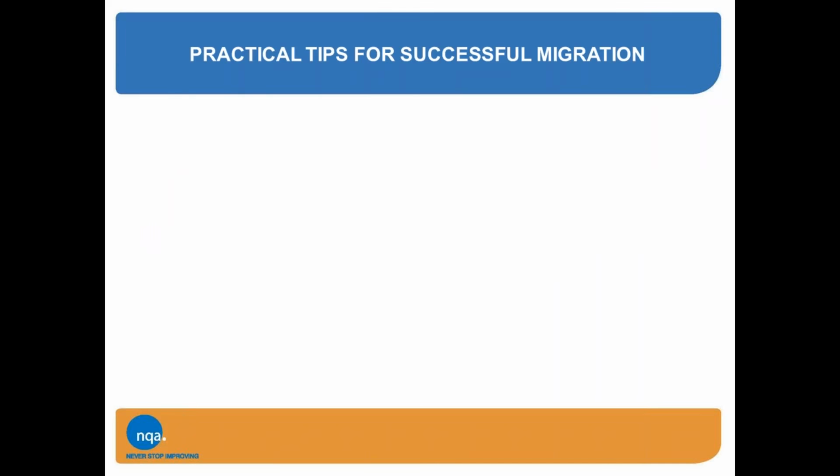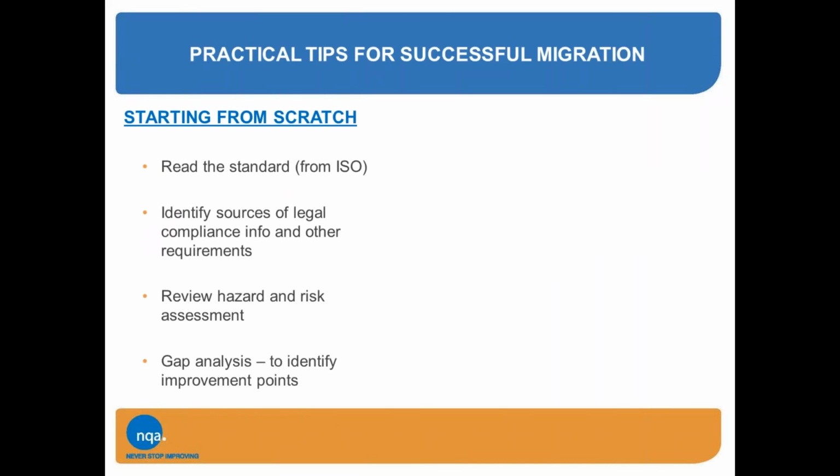The practical tips. Well, if you were starting from scratch, I would advise you to read the standard from ISO. NQA don't sell standards, so you can get them from the ISO organisation. You need to identify sources of legal compliance that are applicable to your organisation, the nature and the activity of what you do and how you do it. So this is where the context links to the legal and other requirements. You need to review your existing hazard and risk assessment process to see how that meets the requirements of the